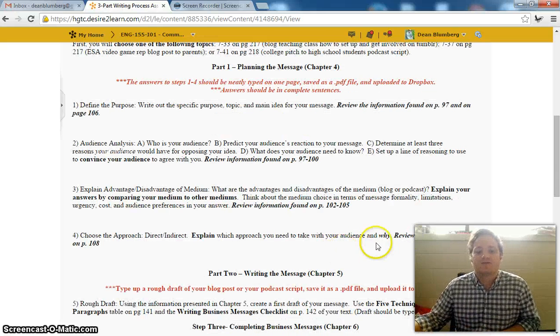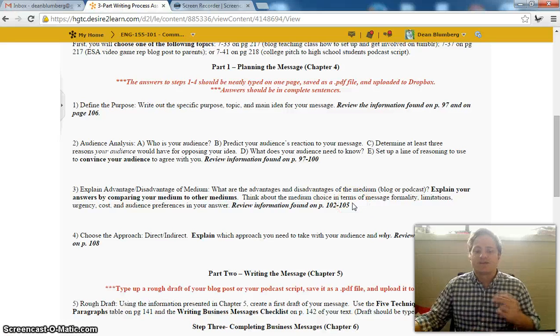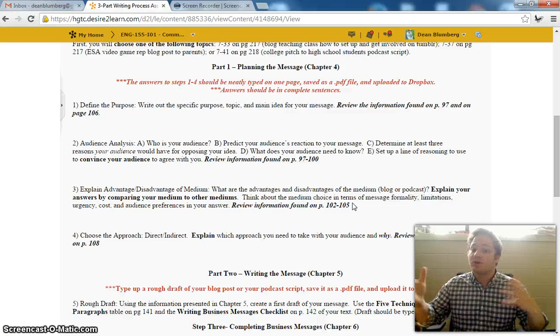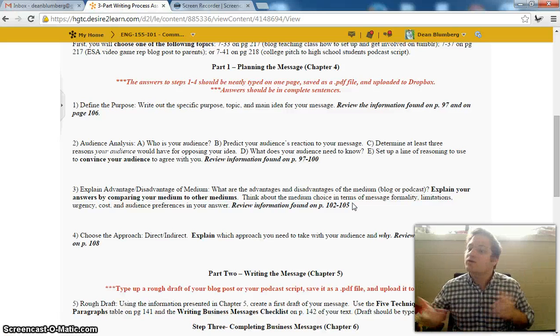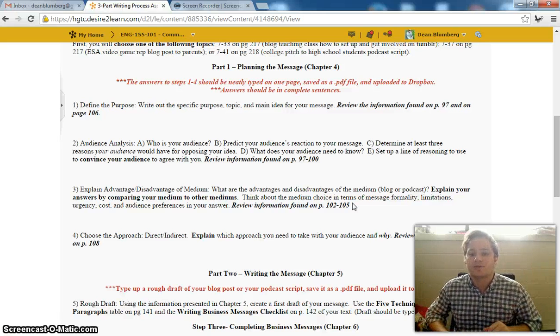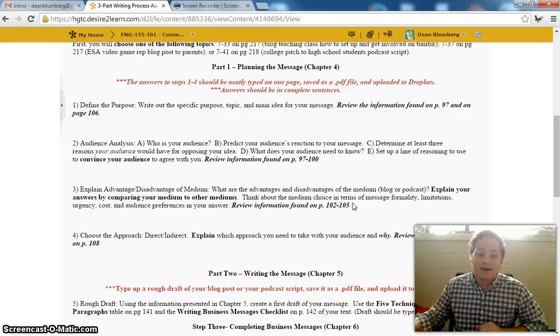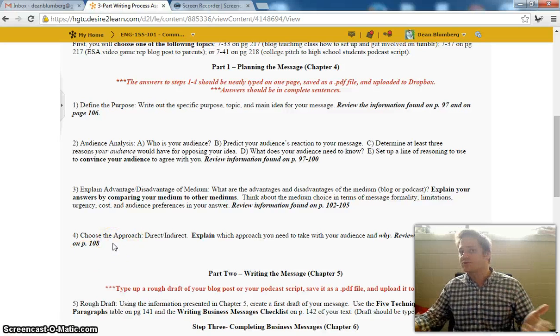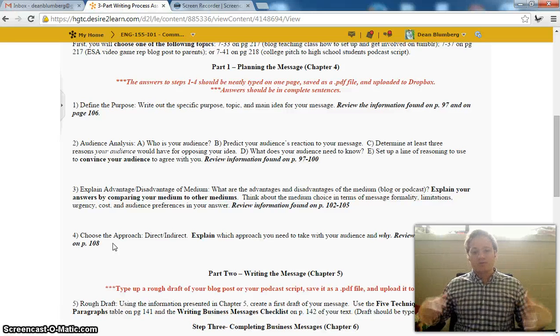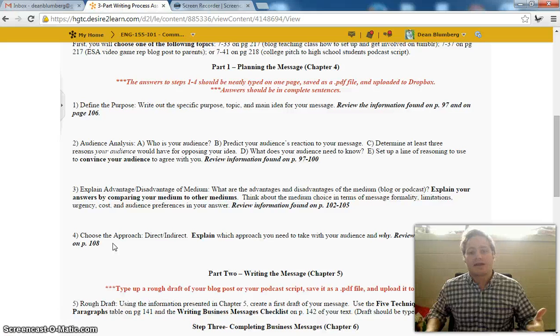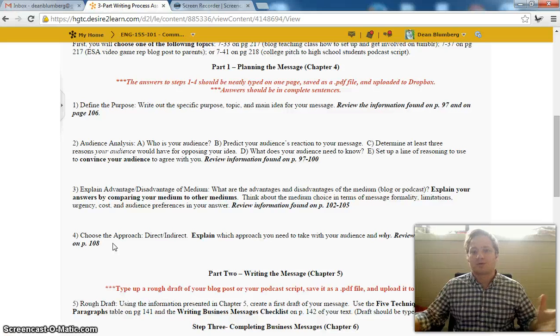The third question, I'd like you to consider the mediums. So 2 of these options are blog posts, electronic, but they can be multimedia, on the web. And one of them is audio only. So you can do a compare and contrast with other mediums. What are the advantages? What are the benefits? What are the disadvantages? And lastly, I would like you to decide whether you're going to pursue the direct or indirect approach. So be sure with all of these to explain your answers and your reasons fully, and offer examples when relevant. And so that's part 1.